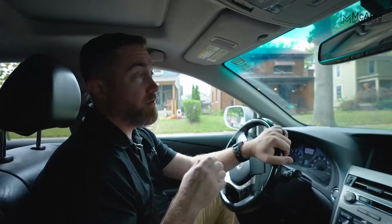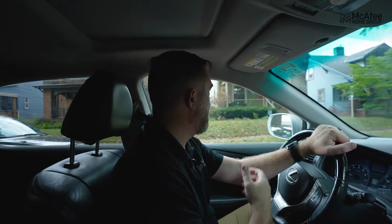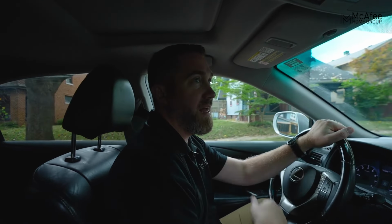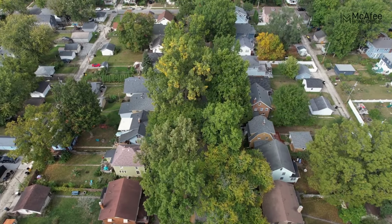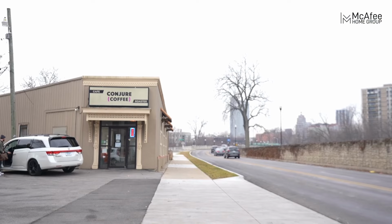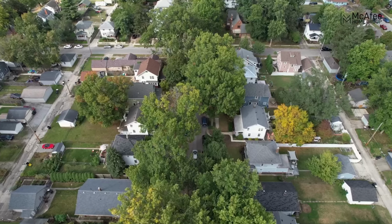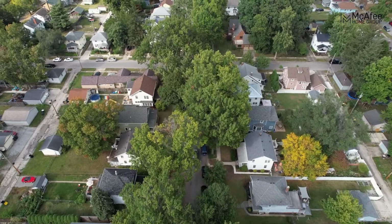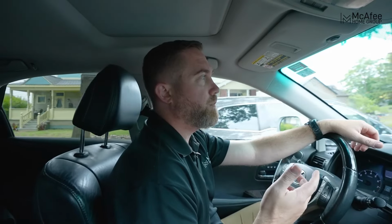All right, now we're on another cool street, California. Huge trees lining the street. It's beautiful, charming homes, a lot of classic architecture. Some other benefits to the area, there's actually 3 good coffee shops. They've got Old Crown, Firefly, and Conjure. I'm almost a year out of the caffeine game. Caddy, you got a favorite coffee shop? Firefly. Caddy likes Firefly. I was a Conjure guy myself back in the day. I know a lot of people like Old Crown. Also, I'm trying to think of some other stuff. They've got good parks,